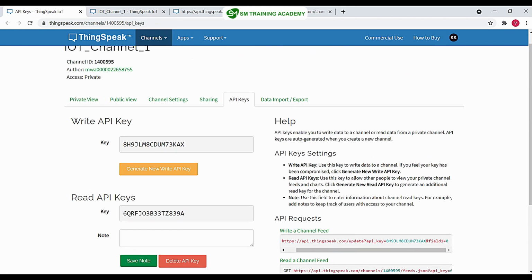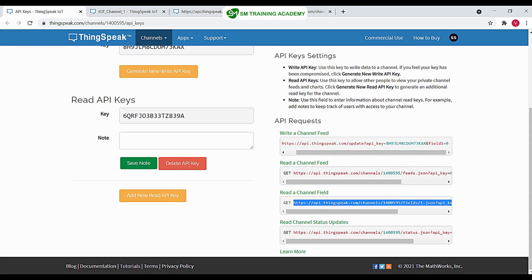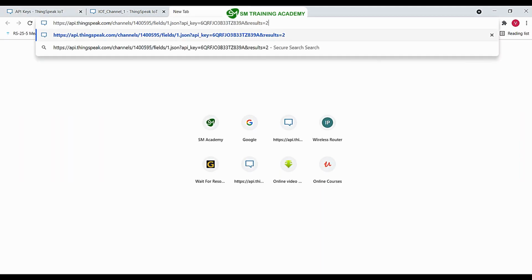Coming to the API Keys tab in this channel, you can see this is the read a channel feed GET request format. Copy this and paste it in the web browser. Here you can see this is the channel ID and this one is the API key, and you may have a different channel ID and API key since you are creating your own channel as per your wish.